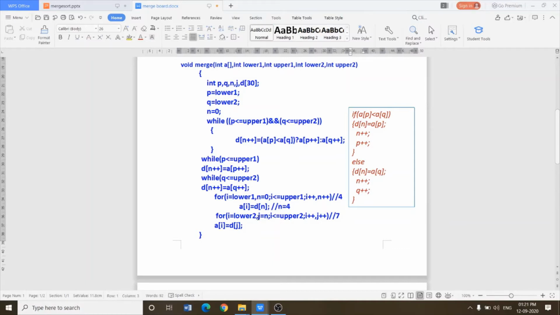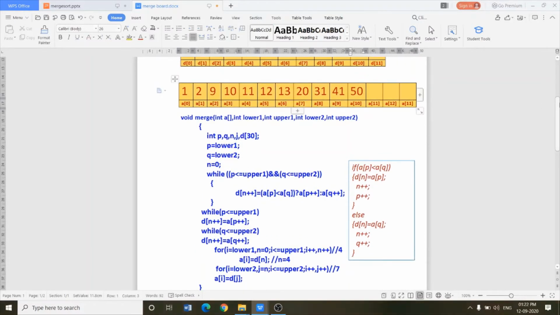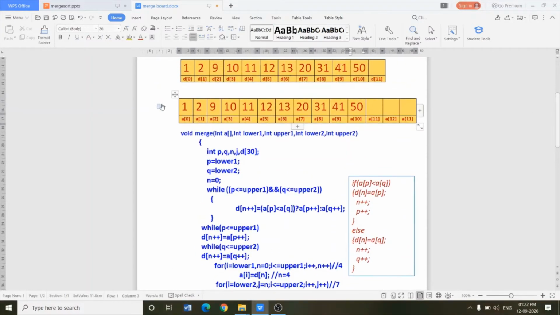So from the value j is 4, from 4 to this will execute 7 times. So from 4 it will copy 7 elements from 4 index. So we get this array. So finally we get merged and sorted array in the A array.